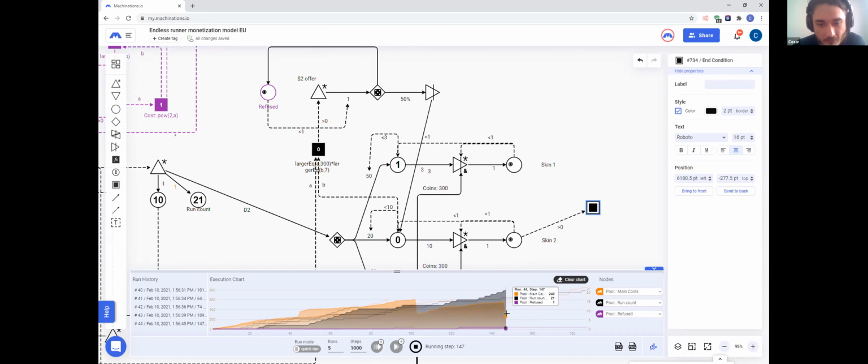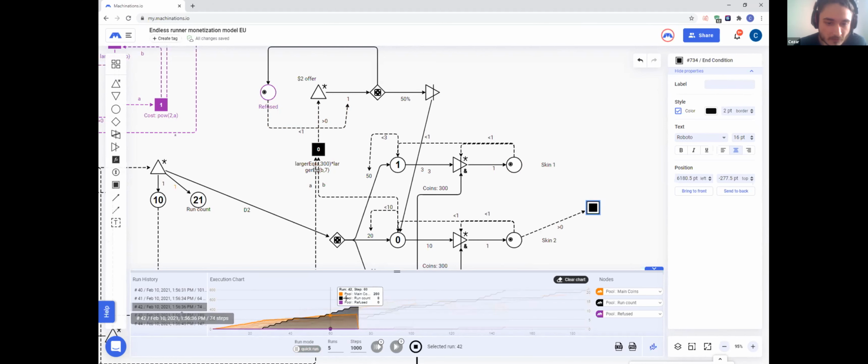We can also see it here. So he didn't take the offer. He took 21 games in order to get his skin. In our previous one, he didn't take the offer again, and he took 22 games. In here, he took the offer because refused is 0, and as you can see, the run counter is much lower. It's at 12. He took the offer again, and our round count is at 8. And here he didn't take the offer, but he was really good at gathering coins, so he got it in